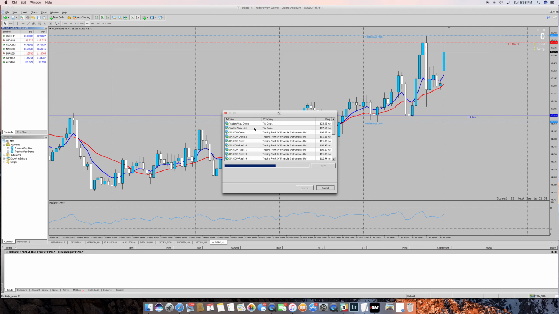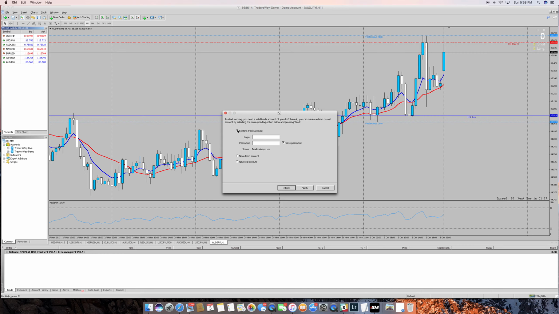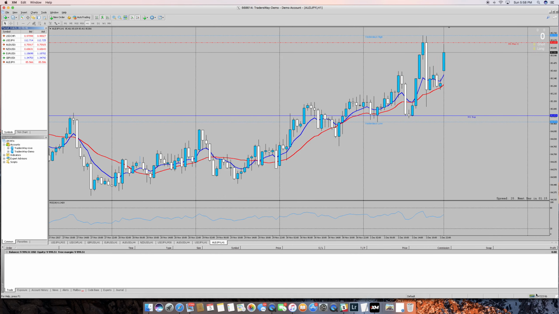So for example, if I had a live account, boom, next, existing account, you put in your account number here, and then your password, and then you press finish, and after that you'll see something pop up right here. Then that will activate the account that you are currently logged in on. All right, so